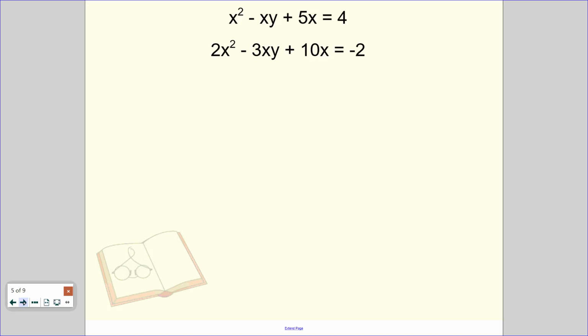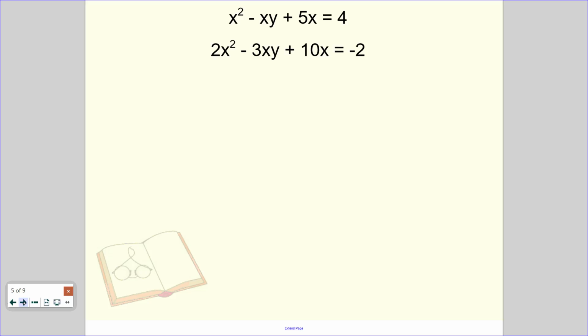Okay, let's look at the next one. You can see here I have a lot of the same terms in both equations, so elimination is going to be our best option. Remember, the goal of elimination is to eliminate a variable. If I choose to eliminate the x squareds, I'll still have an x and a y. And if I choose to eliminate the x's, I'll still have an x and a y. Which means the only option I have to eliminate, so I'm only left with either all x's or all y's,